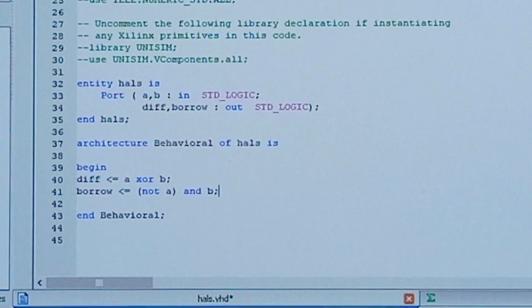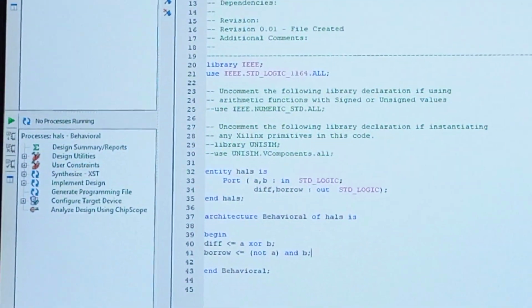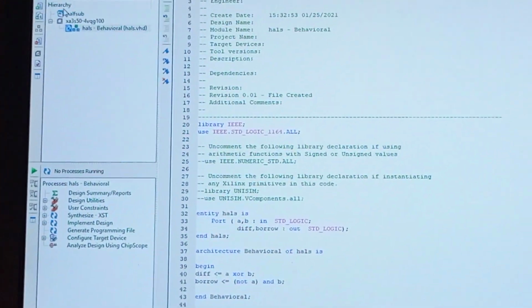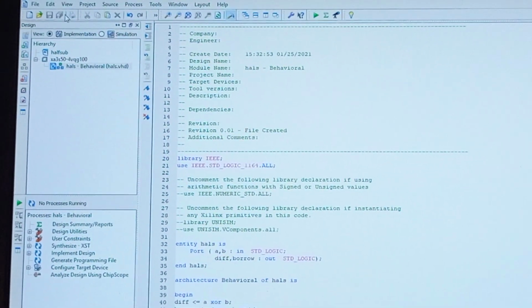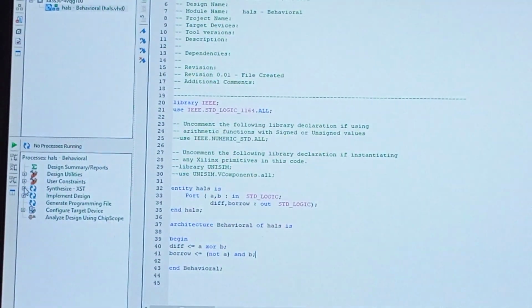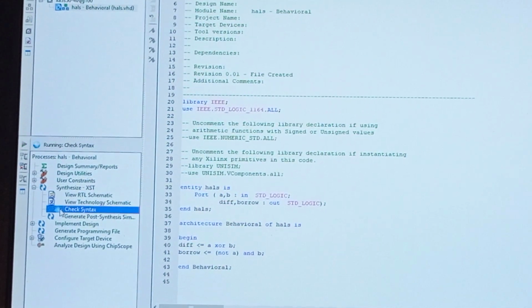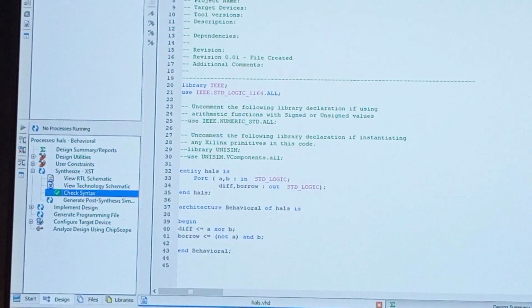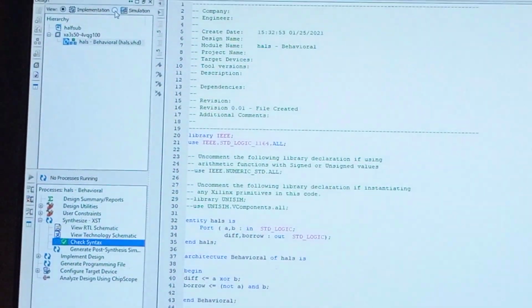Okay. Save the program. Next, come to synthesize XST. Check syntax. Double click on that. Compiled successfully. Now go to the simulation option.